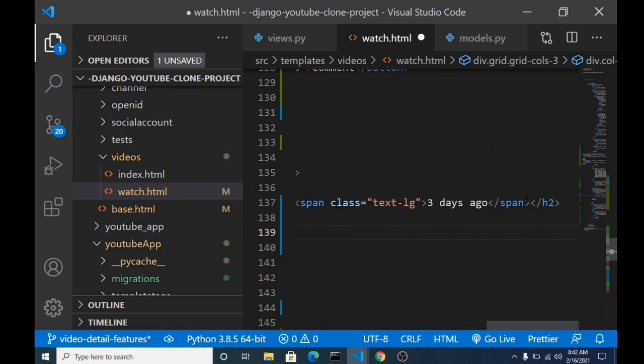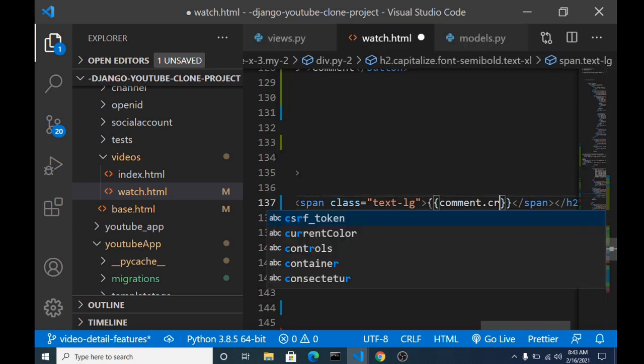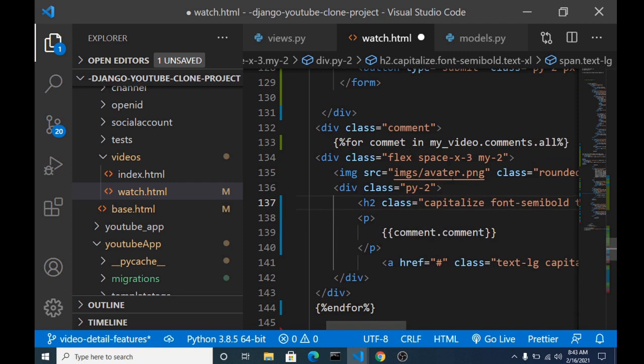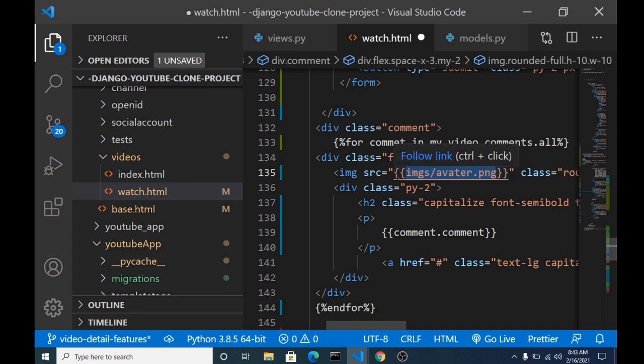and then lastly the timestamp. We can just bring that in by saying comment dot created at, then we can put the timesince operator. Yeah, that's that. Then the user that is here, we don't have a profile picture yet.